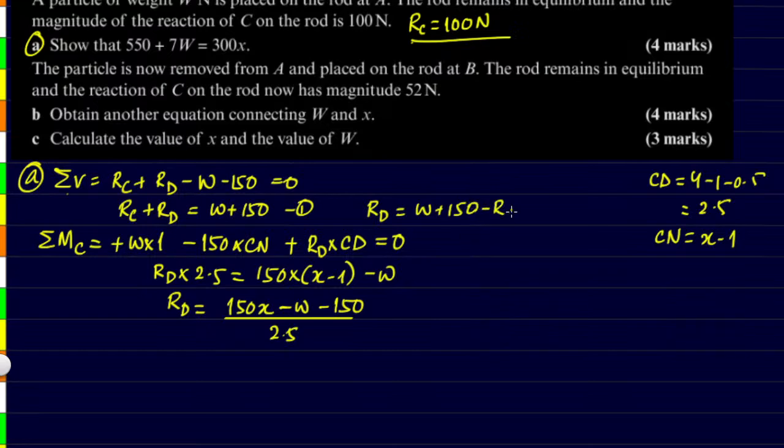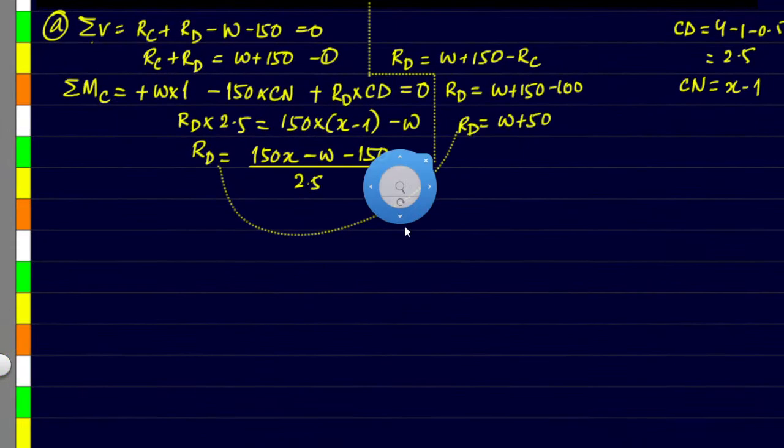So RD equals W plus 150 minus 100. That is W plus 50. Correct? So this value we substitute here. So W plus 50,